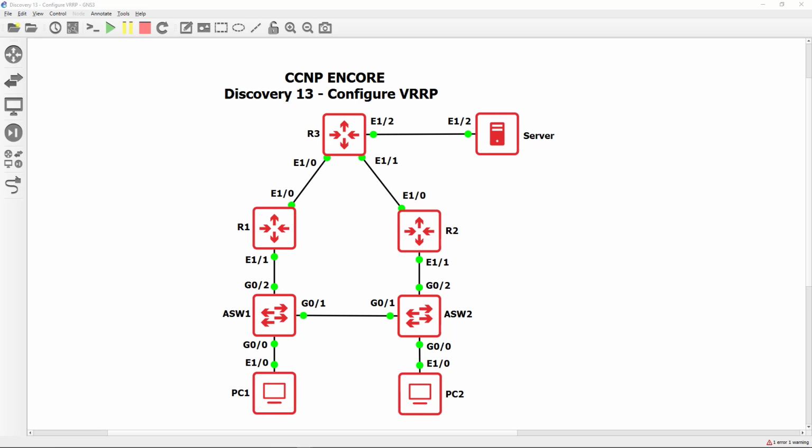Advertisements get sent out to a group-specific multicast address in this case, 224.0.0.18. We use protocol number 112. So this is actually not encapsulated inside of a transport layer protocol like UDP or TCP. It's actually encapsulated directly inside of IP. Anytime you have a protocol number other than 6 or 17, which is TCP and UDP respectively, it's going to indicate that it's encapsulated as its own layer 3